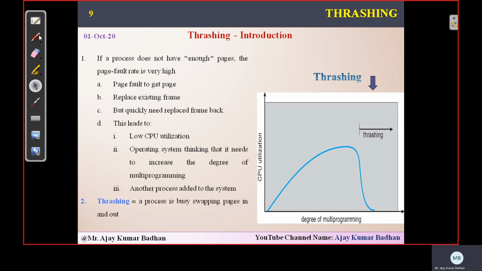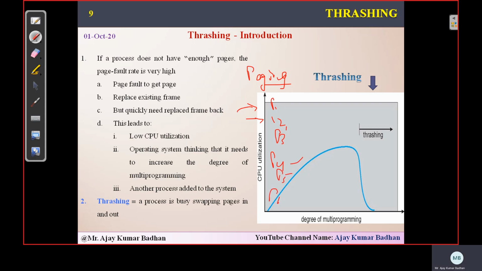But the actual reason here is that the processes are there, but they are fighting with each other to swap out a process and swap in a process. They are not able to execute. They are not getting a chance to execute. Most of the time they are wasting on paging. So in that case, the scheduler will keep on adding more processes. Initially we have 3 processes. Now it will add P4, P5, P6.